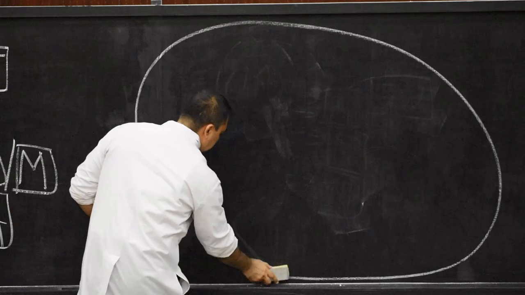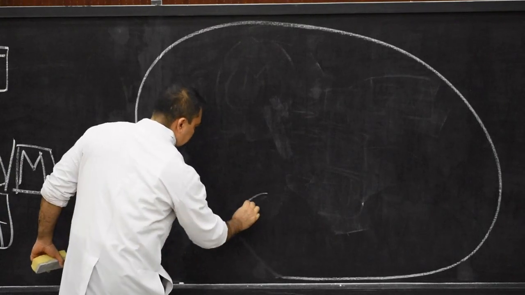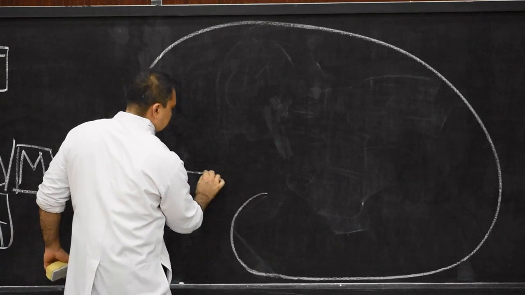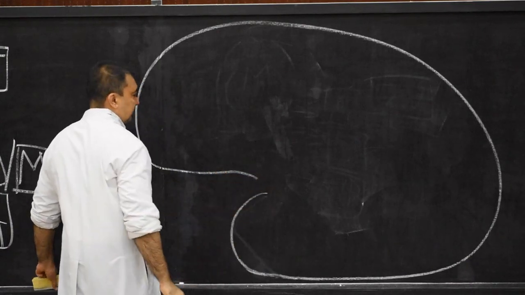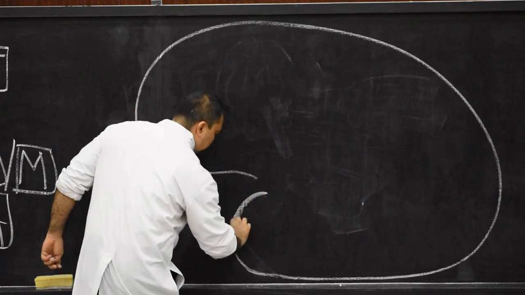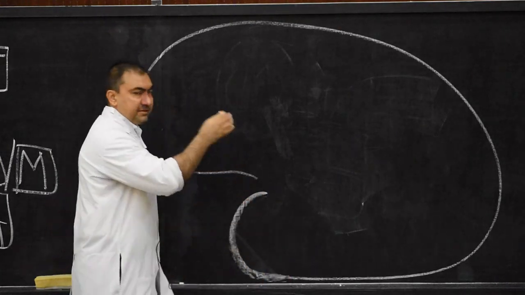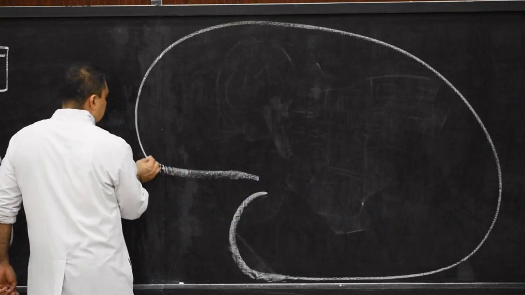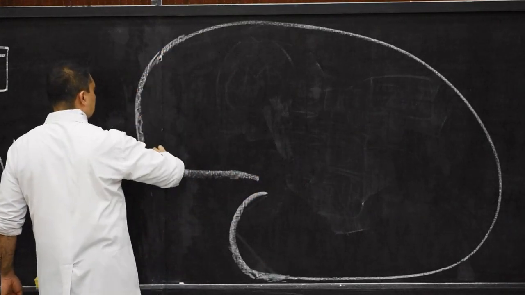So here what we'll do is we can extend this till here, and this is where we draw the outline of the cerebral lobe. It should be as big as possible because we have to accommodate so many structures inside. So that is why I am drawing it in a huge size.